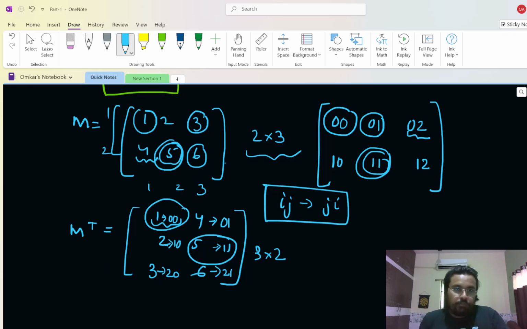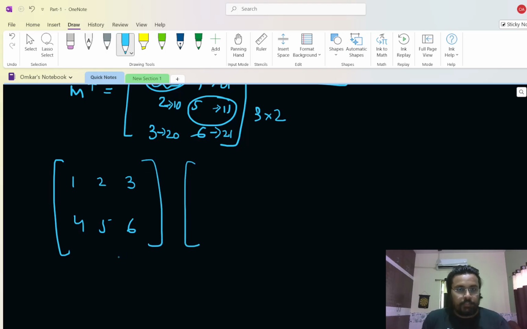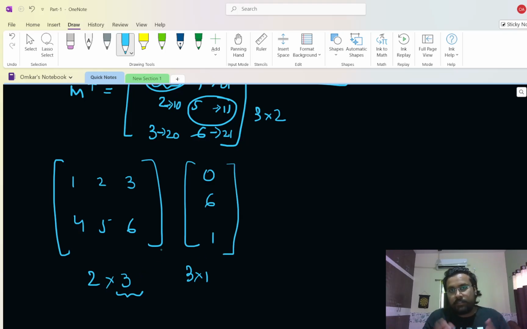Now, if we talk about a matrix and a vector dot product, again, let's take the same matrix 1, 2, 3, 4, 5, 6. Let's have some vector. So, for dot product to be possible, the number of columns here need to match the number of rows here. Let's take a 3 by 1 vector 0, 6, and 1. This is our vector. Now, dot products are usually very, very essential in terms of machine learning because we use